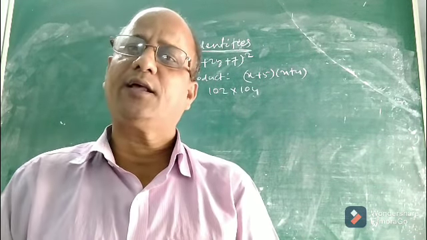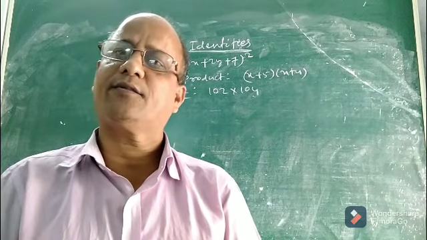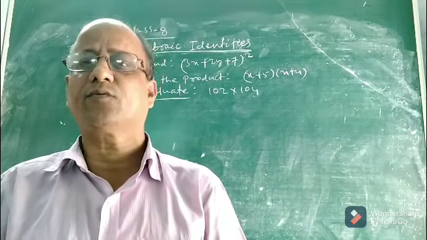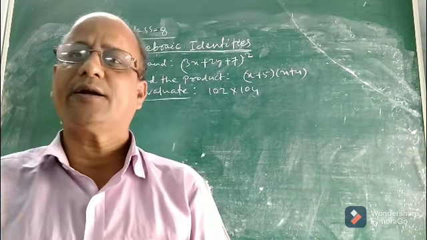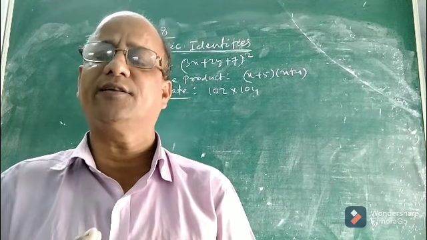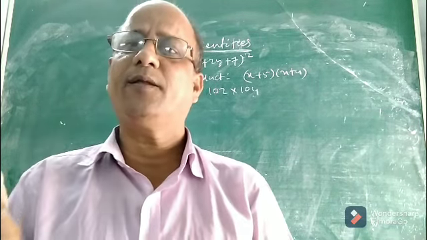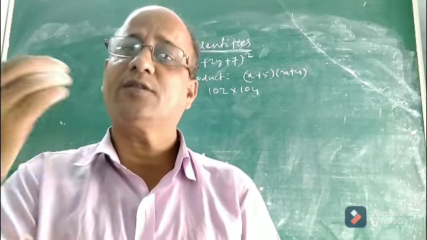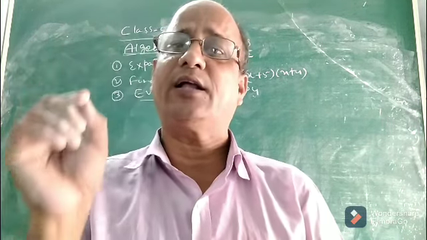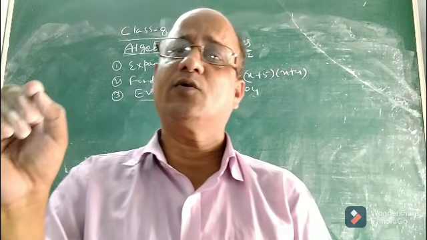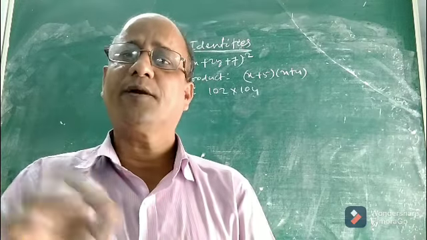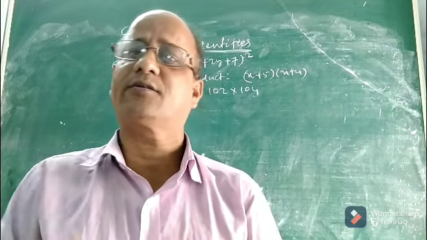Children, in the previous class I was discussing the application of different algebraic identities, and I had discussed many problems where we find the application of identities 1, 2 and 3. Now let us see how the first, second and third identities are applied to different types of problems: (a plus b) whole square, (a minus b) whole square, and a square minus b square equal to (a plus b) into (a minus b). How they are applied was discussed in the previous class.